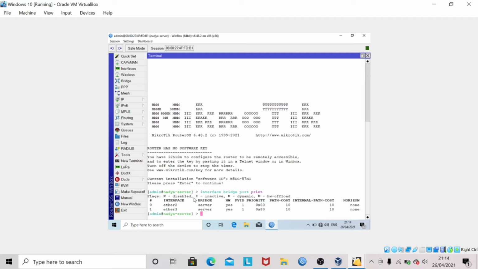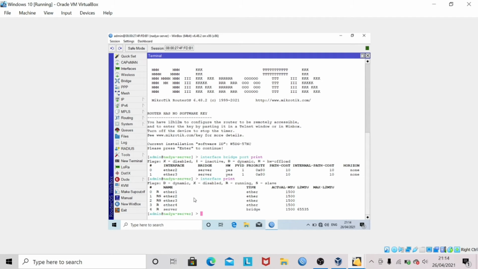Next, check the available interfaces on the router with interface print. Here you can see that the Ether 2 and Ether 3 status are RS, which means running slave, and there is an interface with the server name, which is the bridge interface that we have created.